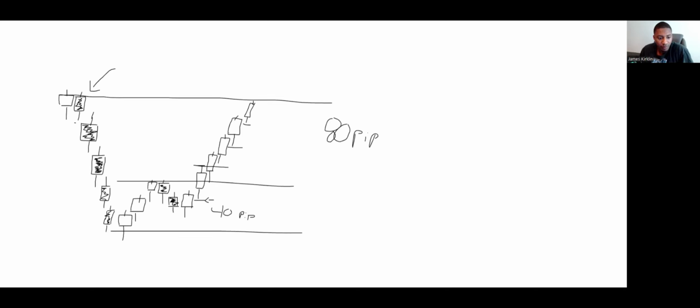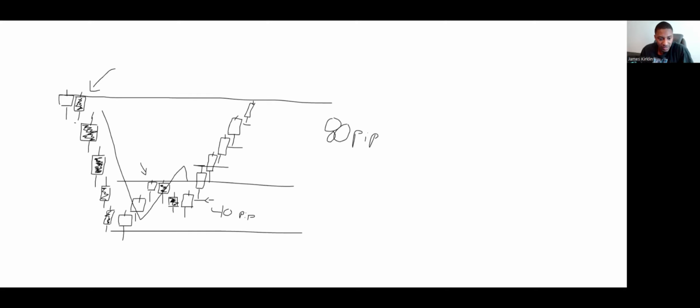I would wait for price to give me some indication of a pullback, especially if price has been rallying the way it has been on gold these last few weeks. We don't want to enter at the top, right? We want to enter at a zone in which we have an indication that price will give us a resistance,